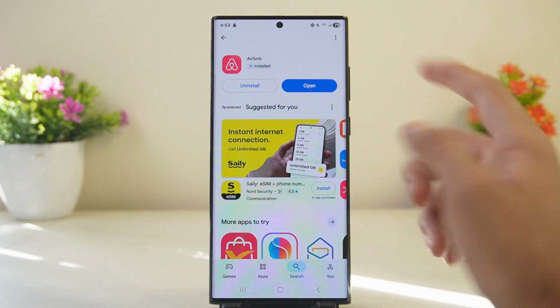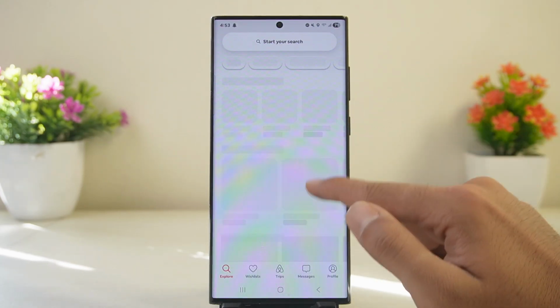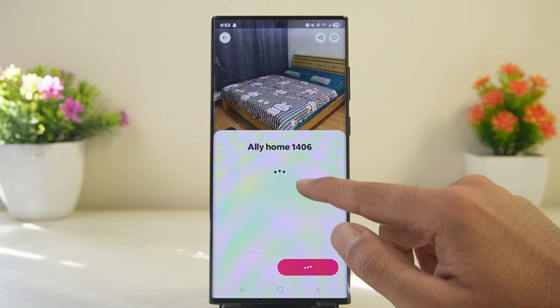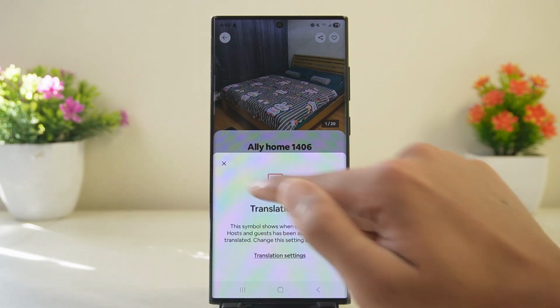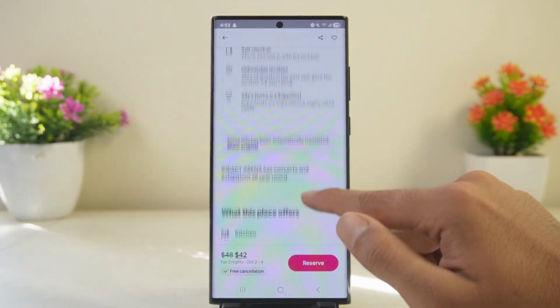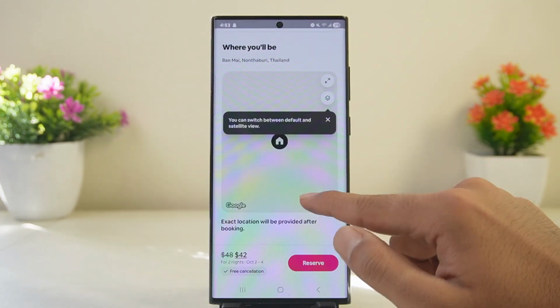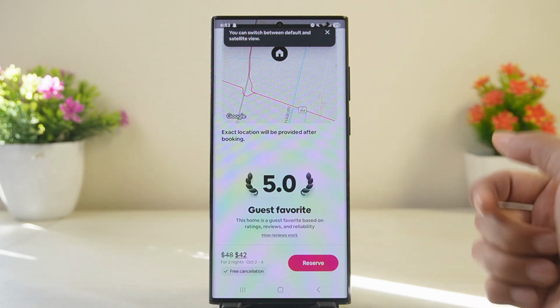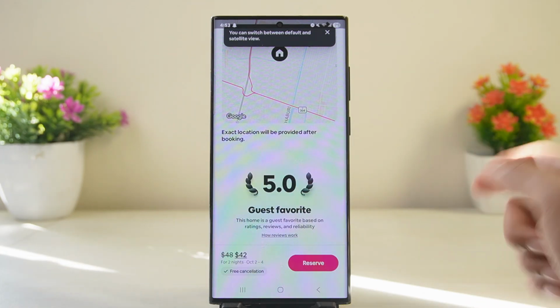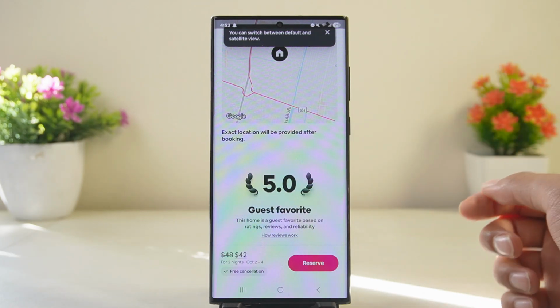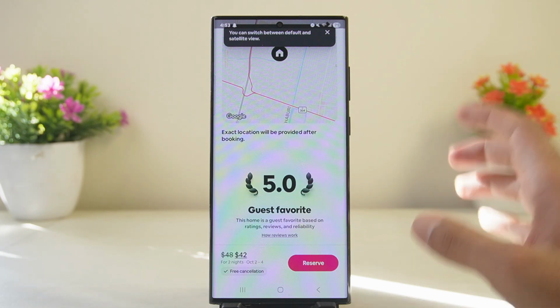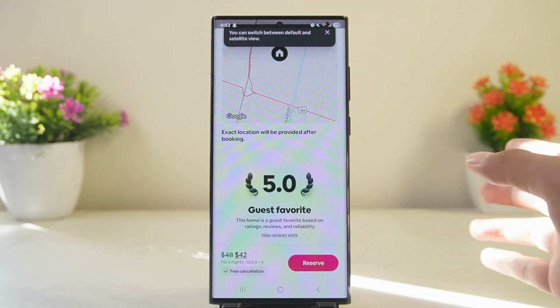All you have to do is open the Airbnb application and look at that specific Airbnb profile. From here, scroll downwards, and you should be able to find if this exact property is flexible or moderate. Now, once you check this, you can cancel up to 24 hours or 5 days before the check-in for a